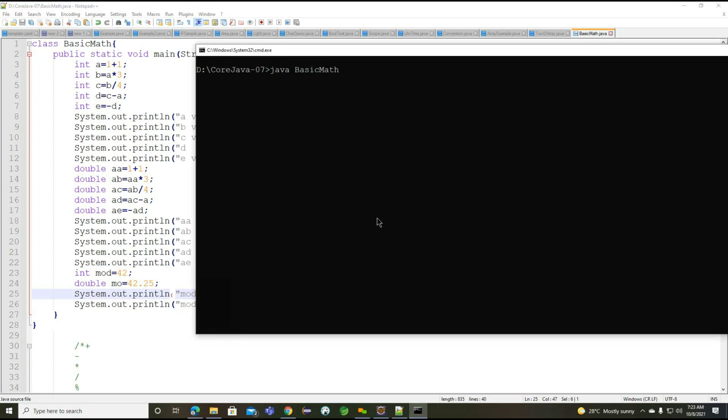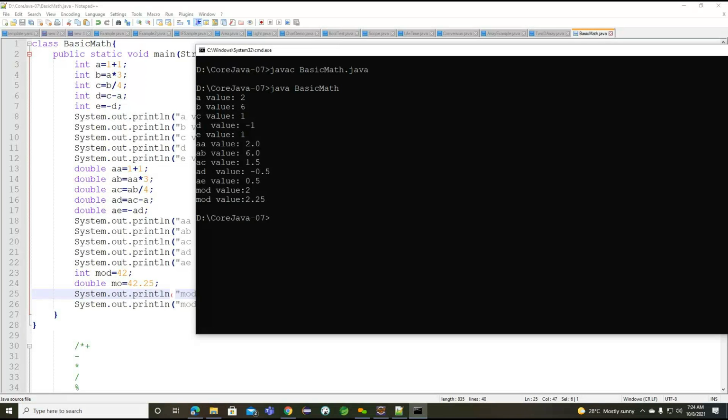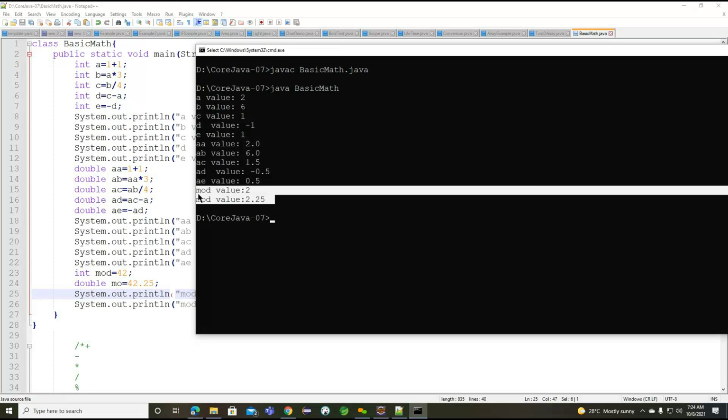To compile, first we need to clear the console, and I'm compiling. Now I'm executing. You can see the mod values: for the int data type we are getting 2, and for the double data type we are getting 2.25.